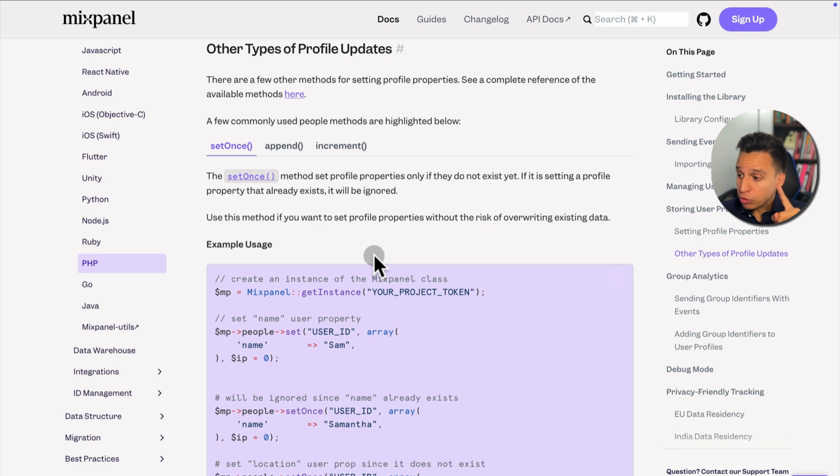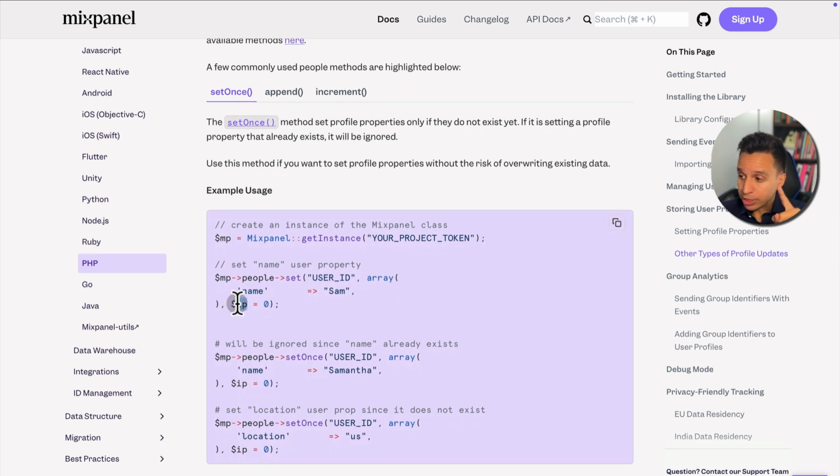If you pass something called $IP, then Mixpanel will do the parsing for you. So you can pass $IP in your event properties or your user profile properties, and then Mixpanel will do the parsing for you and give you city, region, and country out of that. Not every single property can be done this way. Some of the device information doesn't get parsed in the same way, but you're able to collect it on your own and pass it. So for example, you could collect the width and the height of the device